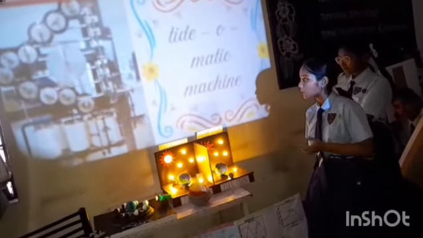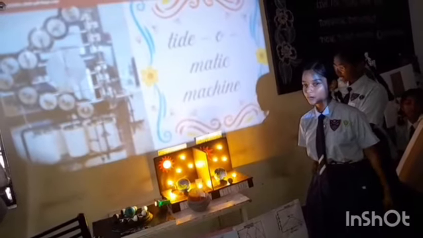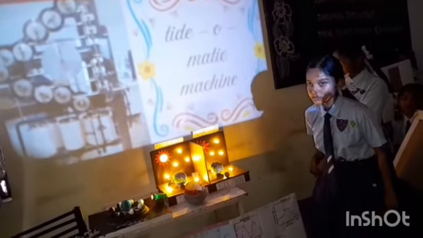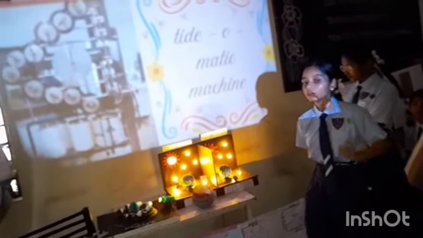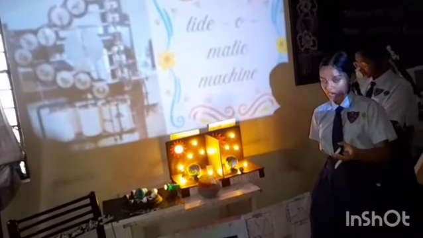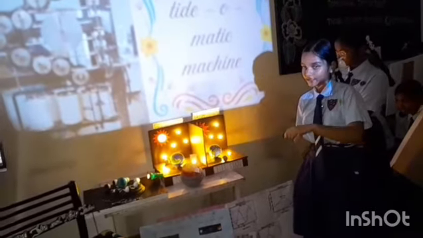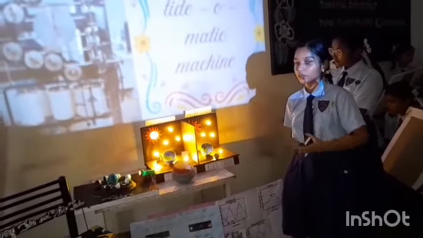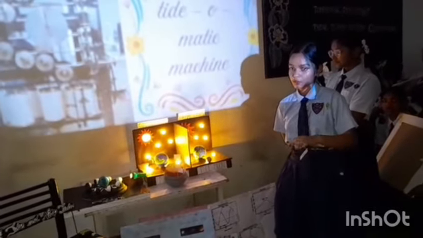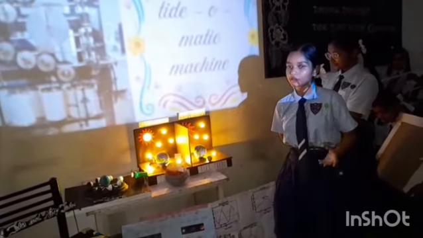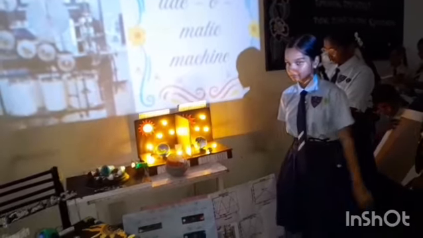These computers were replaced by digital computers in the 1960s. So, in conclusion, this tide-predicting machine shows how the combined and opposing gravitational pull of the sun and moon creates bulges of water on the Earth's ocean, resulting in a regular rhythm of high tide and low tide. Now we would like to explain our models.